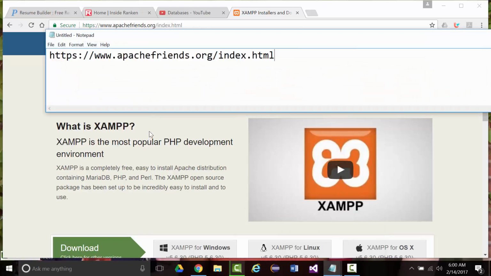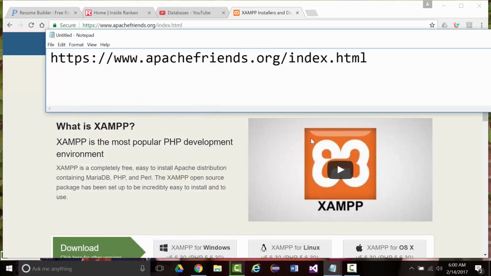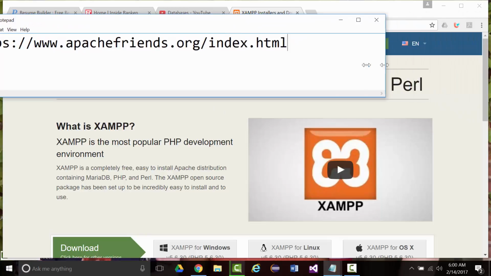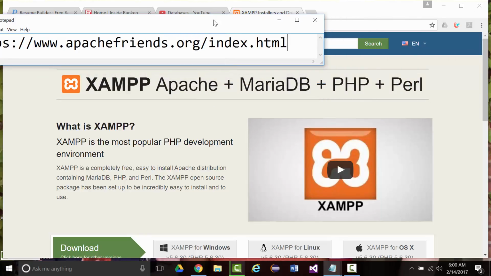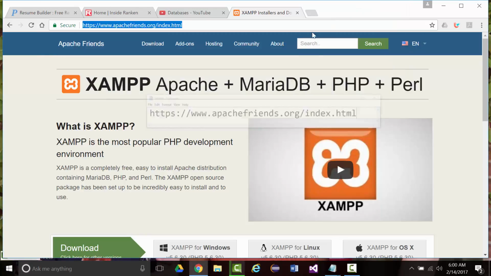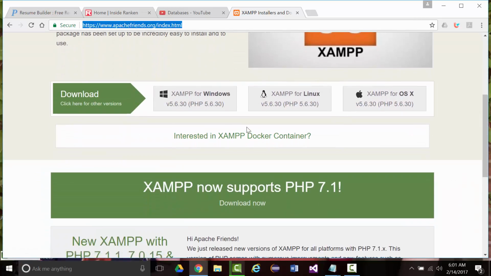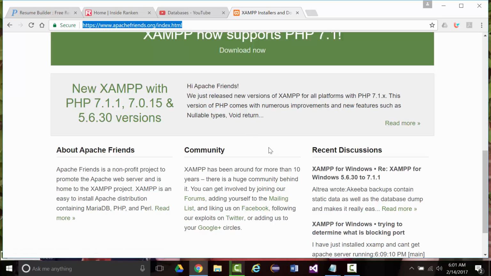I want to put this out there so that everybody can see it. Again, just putting in ApacheFriends.org should suffice, but that gets you to right here, www.apachefriends.org/index.html. Now it says here some of the stuff that you get. So you get Apache, all right, you get MariaDB, you get PHP, and you get Perl. Okay? Now, if we look here as far as what it supports,